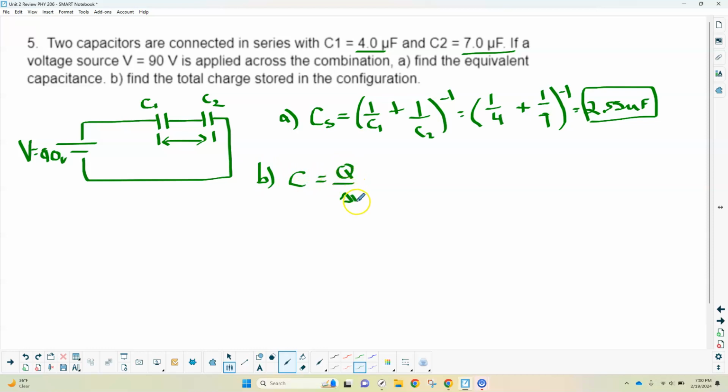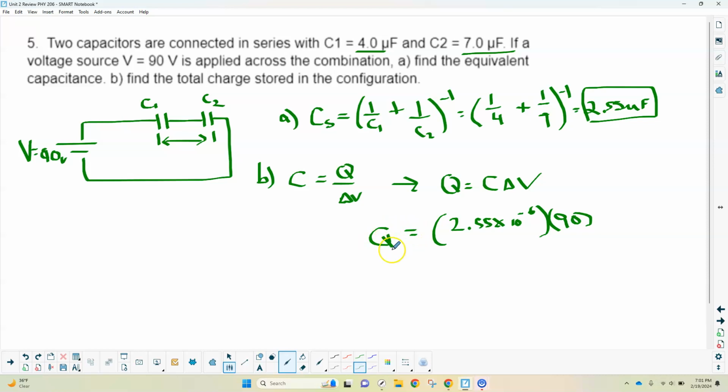To find the total charge, we're going to use the C equals Q over delta V equation. We need to solve for Q. So Q is equal to C times delta V. The capacitance we got is 2.55 microfarads, so I'm going to convert it here: 2.55 times 10 to the -6. Then we multiply that value times the voltage, which is 90. When we solve for Q here, you should get